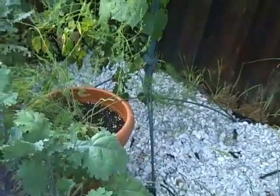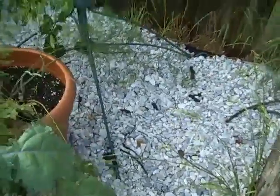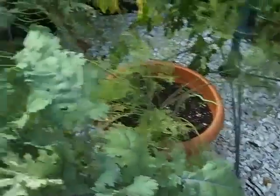All right, so it's the end of June. I guess it's the 30th today. So here's the garden. Here's how it's looking. Now, obviously, I need to get some of these branches and stuff out of the way, but you'll get the point. So I put rocks down throughout most of the garden,